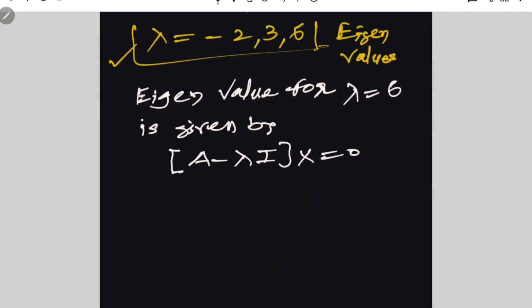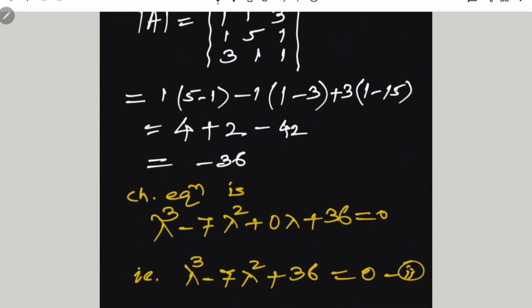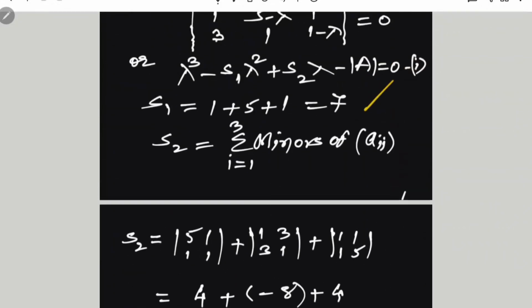The eigenvector is obtained by the matrix equation (A minus lambda I) into matrix X equals 0, and then applying Cramer's rule, we can obtain the eigenvector corresponding to lambda equals 6. Therefore, convert this determinant into matrix form. We get that matrix as